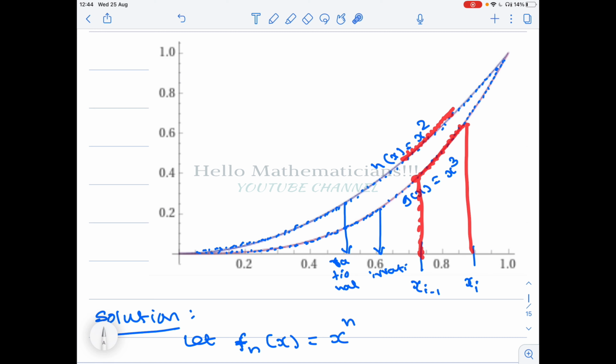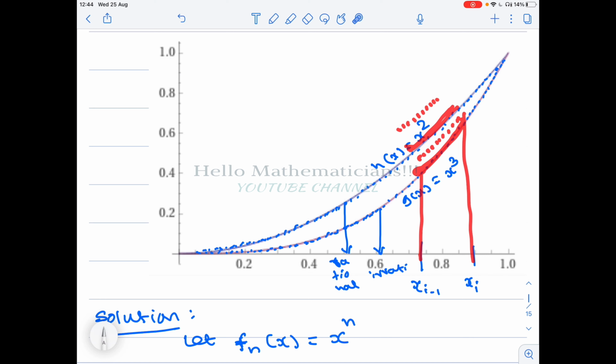Recall that the graph of f of x is a lot of dots. If the point is rational, then the dots will be on x square. If the point is irrational, then the dots will be on x cube. Therefore, to calculate the infimum of the function f of x in xi minus 1 and xi, we have to basically look at this portion of the graph of x cube. This is the graph of f of x, both the upper curve and the lower curve, but we have to visualize it as a lot of dots.